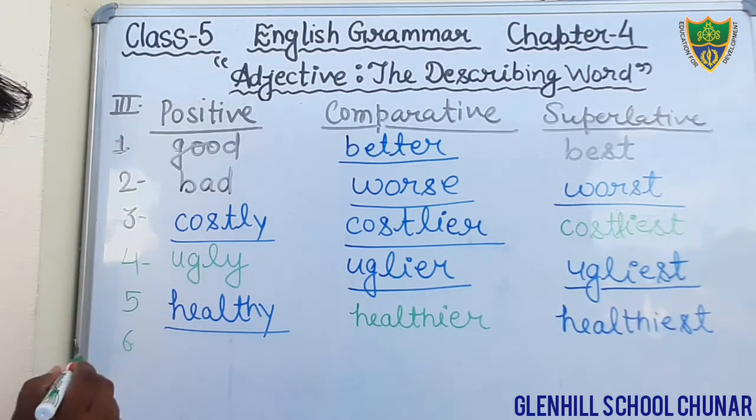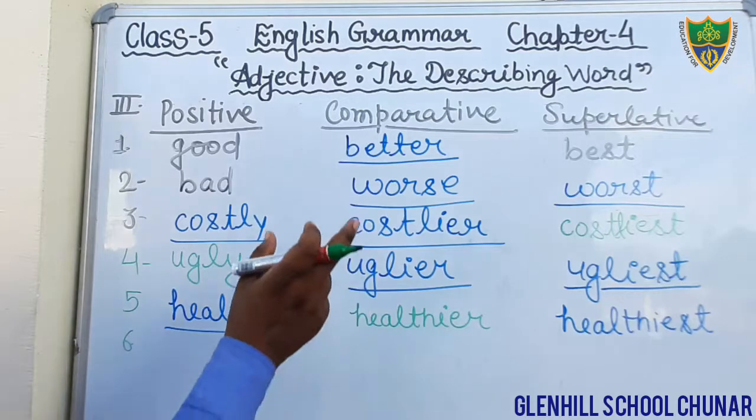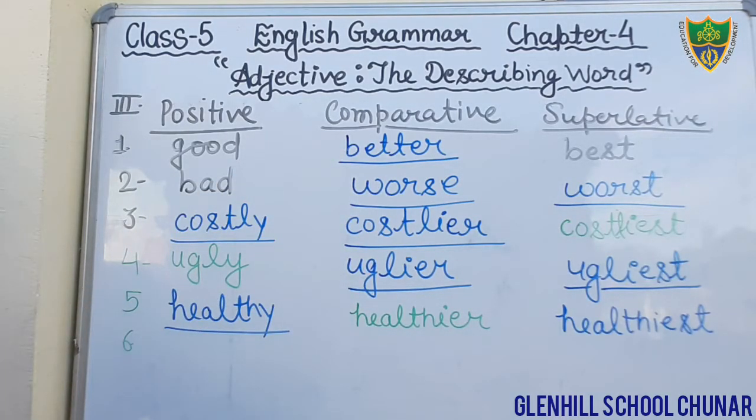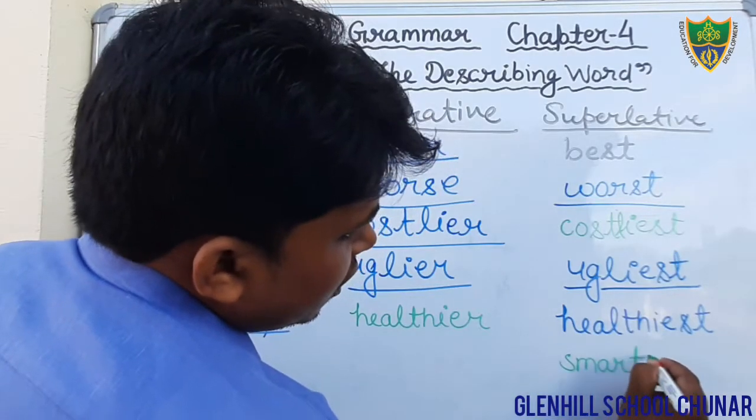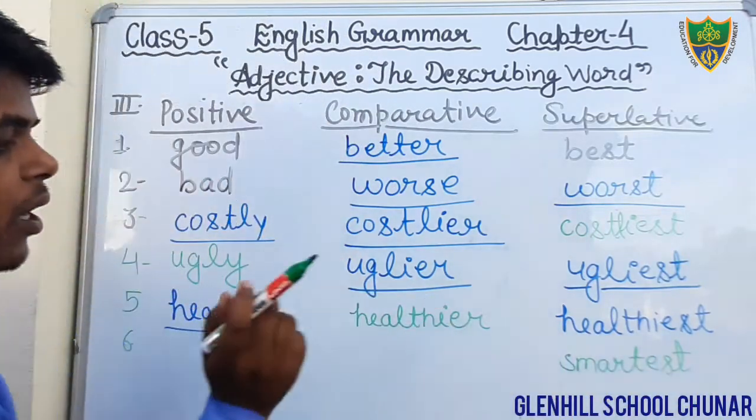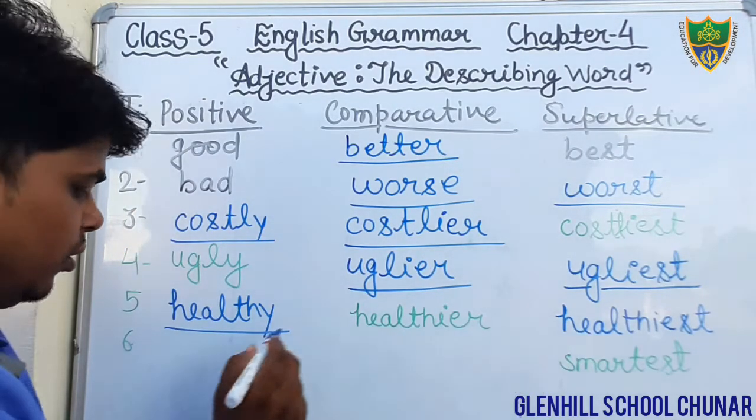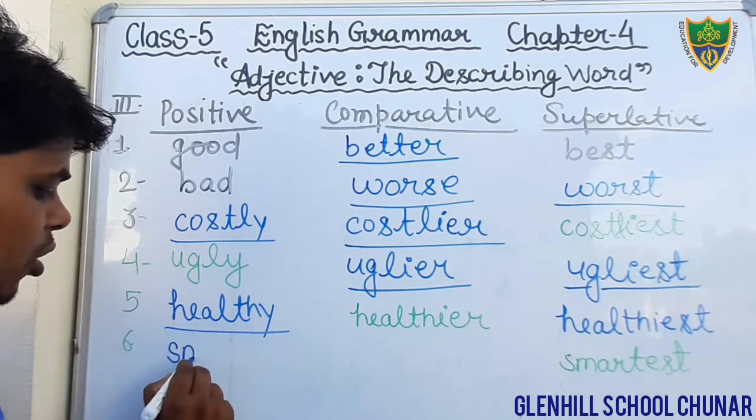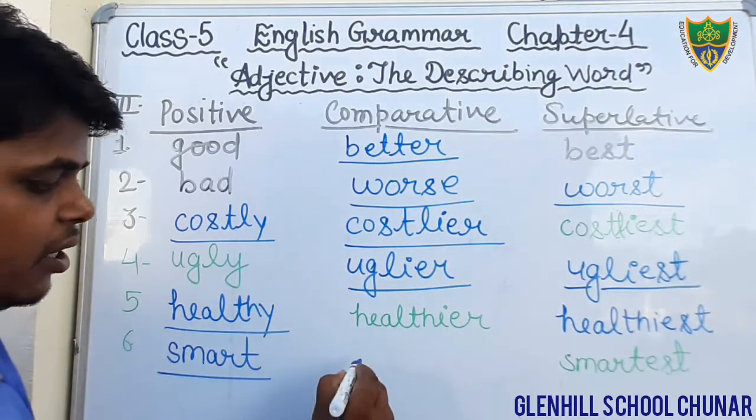What is question number 6, students? Just see here, question number 6. The positive and comparative forms are not given. Only the superlative form is given in this question number 6. Smartest. Okay, just see here. Smartest is given already. Okay, that is the superlative degree, and you have to make the comparative as well as the positive form. Okay, smart, that is the positive degree. Just fill here. And smarter,